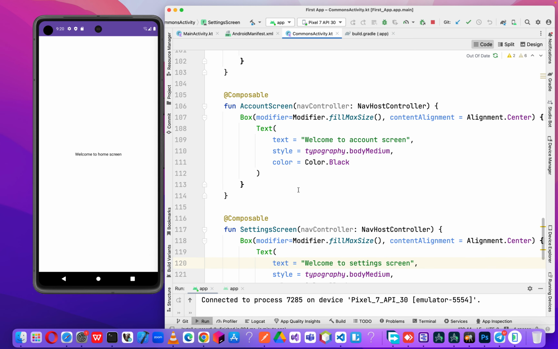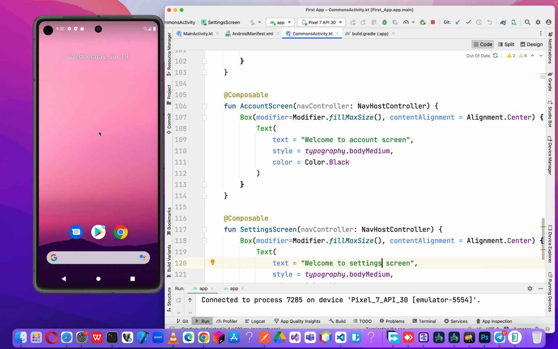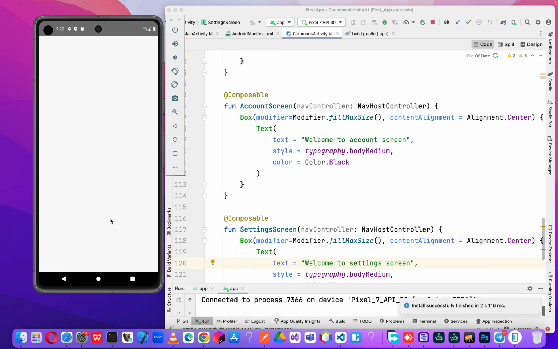Okay, so let's wait for the page to load. Okay, and then let's navigate to the account screen. So for us to navigate to the account screen, we click on it, and now we are on the account